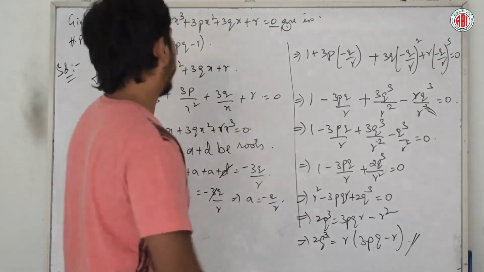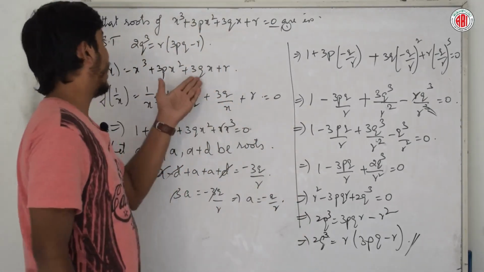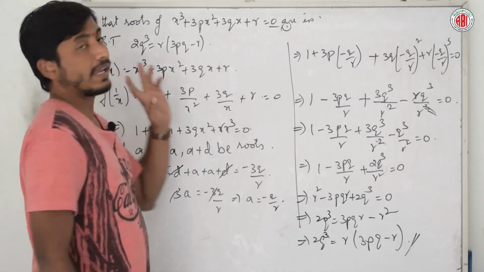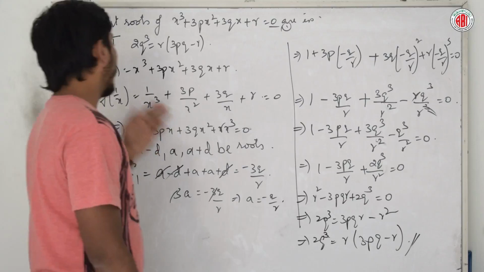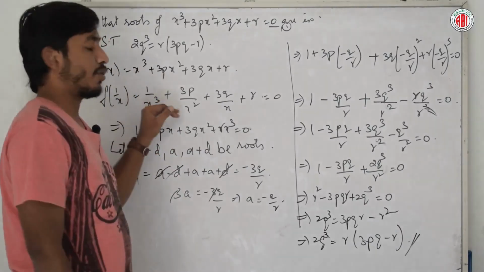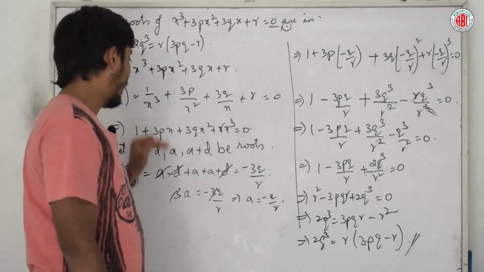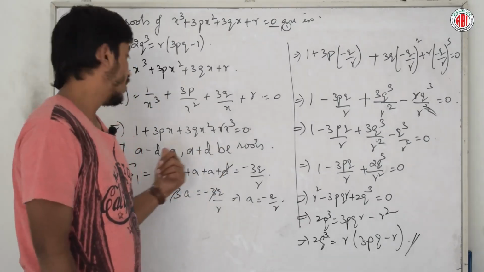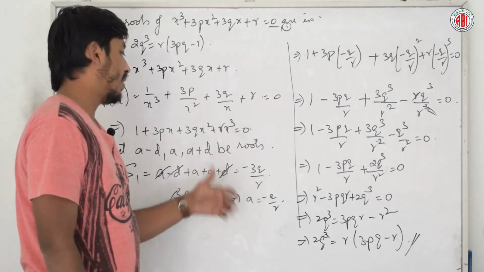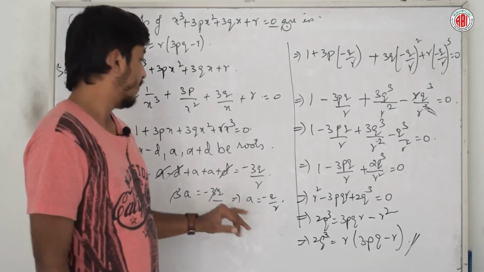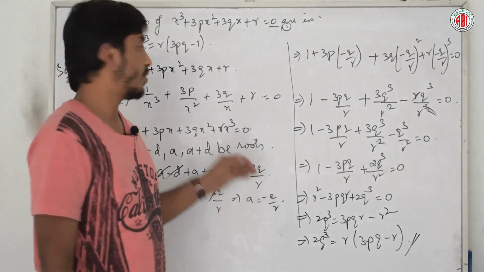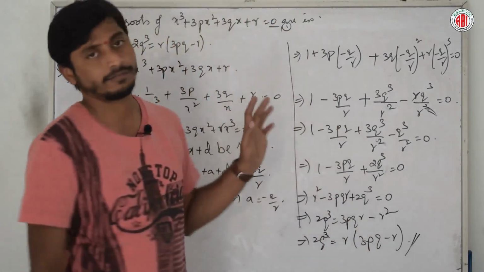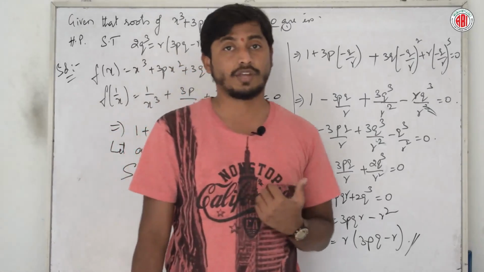Okay, and see here they gave the question and they are asking us to show that this is the condition when the roots are in HP. So in order to do it in HP, we'll just take the reciprocal of the equation, then the HP roots become the AP equation. So these roots are in AP, obviously we'll take the sum, we'll find out one of the roots and we'll substitute in this AP equation, and if we simplify we'll get this condition. Clear? Is it okay? Fine.